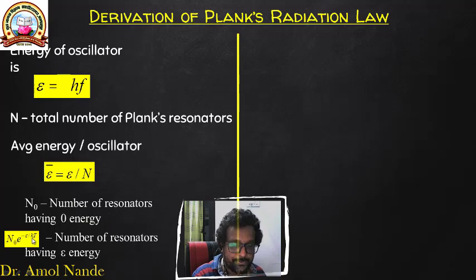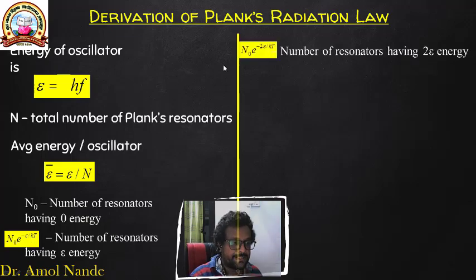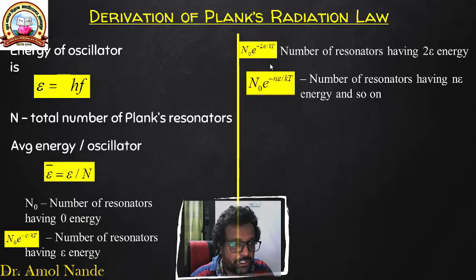अगर आपके सेकंड एनर्जी लेवल में जाएंगे तो क्या हो जाएगा, n0 इज इक्वल टू e to the power minus 2 epsilon by kT. अगर ऐसे अपन nth लेवल पे जाएंगे तो कितने नंबर ऑफ रेजोनेटर रहेंगे n लेवल पे? n0 इज इक्वल टू e to the power minus n epsilon by kT। तो n0 ओरिजिनली है, सब जन अपने ग्राउंड स्टेट पे पढ़े हैं। फर्स्ट स्टेट में कितने रहेंगे वो कौन डिफाइन करेगा? Some probability term with the original number of resonator, that's why n0 e to the power minus epsilon by kT।